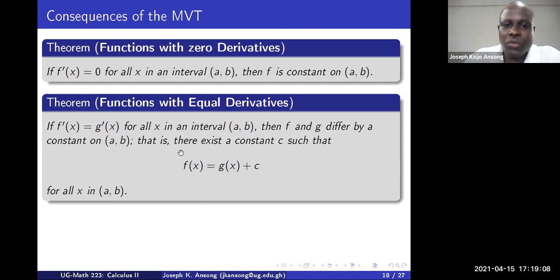And we can also use MVT to prove this. It's quite straightforward. And I have the proof again in my notes, which you can look at. So that is another consequence of the MVT, because we can use the MVT to prove it, okay? And then